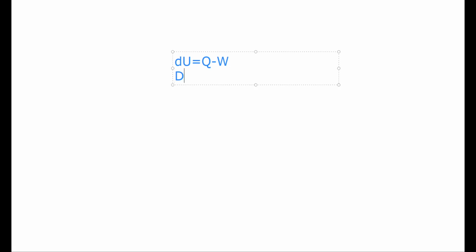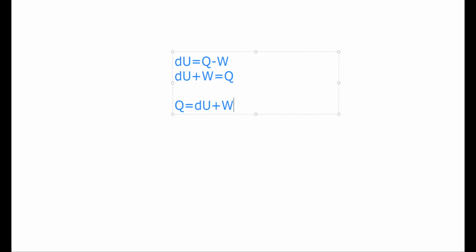So delta U plus W equals Q. And then I'll just flip that equation around so it's easier to have Q on the left-hand side. So there we go. Heat is equal to the change in internal energy plus the work done